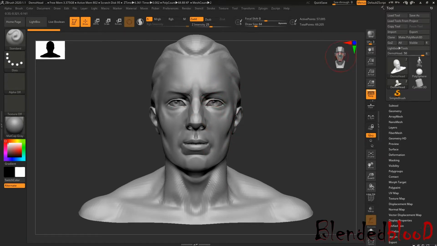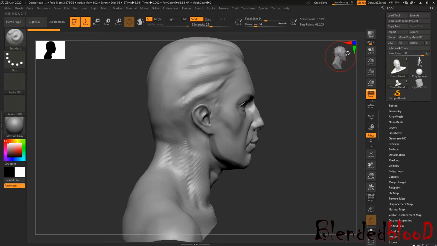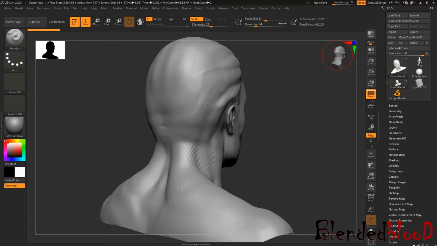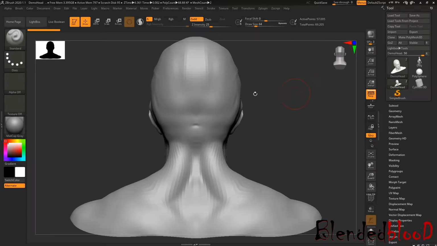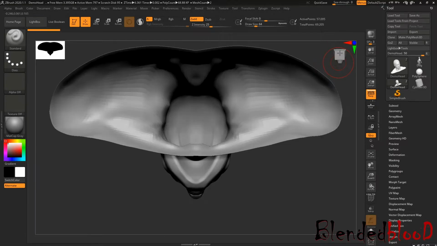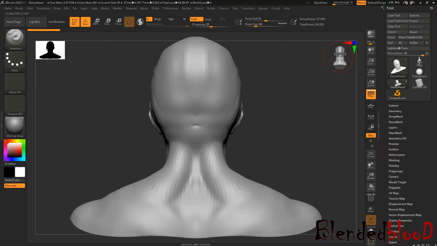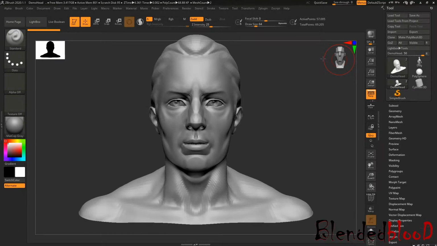If you turn your model like this, the inside portion or camera angle changes, so your model will look like this. If I turn this thumbnail to the back, my model will come to the back angle. If I turn this towards the bottom, then my model will work for the same angle, okay. So you can change by this. This will be your shortcut.